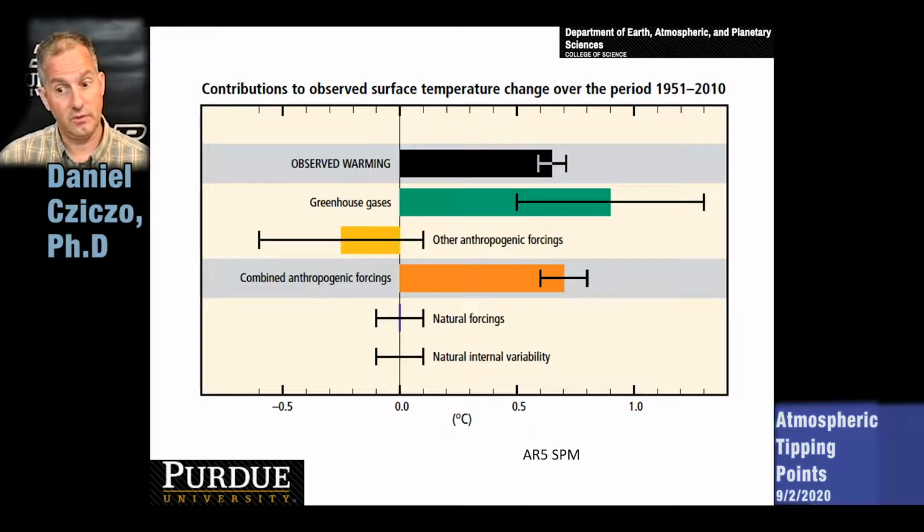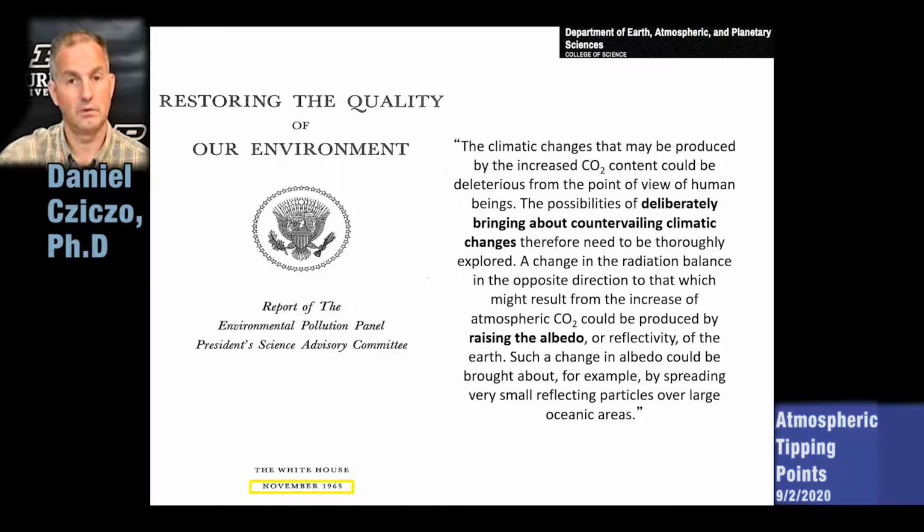The combined forcing that we know of is very similar to the observed warming, meaning that we're doing our accounting properly. We also know, looking back at Milankovitch, looking back at solar output, that the natural forcings in the system and other changes in the Earth system have not accounted for this warming that we've seen. It's not true that the sun's energy is somehow leading to a warmer planet. The sun has not changed in intensity by enough to explain that. And so what we're left with is a warming and a continued warming of the planet as we burn fossil fuels.